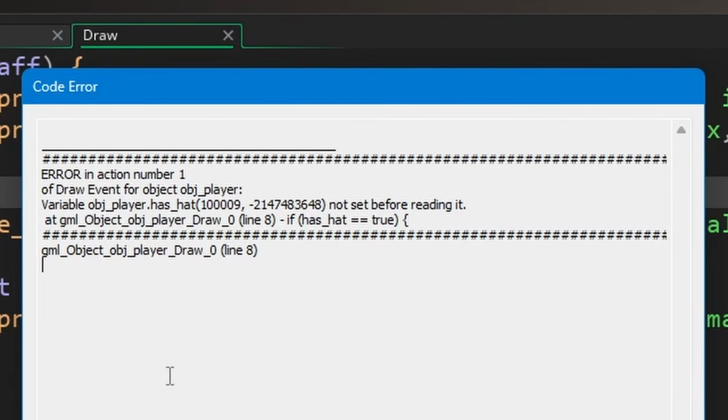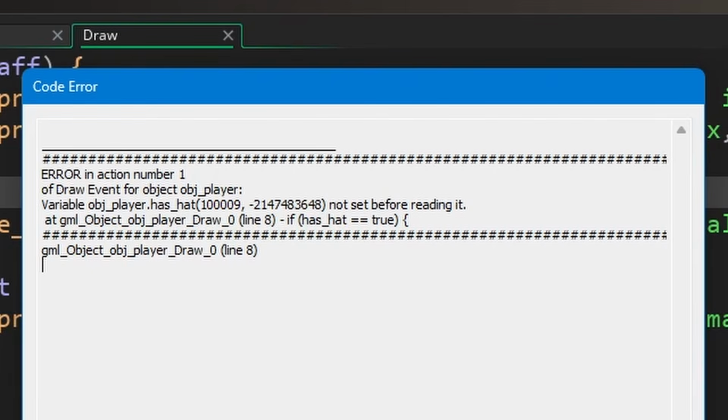In the last video, I talked about some things that can go wrong when you're making your GameMaker game, and in this video, I'm going to talk about more things that can go wrong when you're making your GameMaker game. Unlike in the last video on why your sprites sometimes come out blurry, which essentially boils down to checking a single box in your game preferences and then the problem goes away,